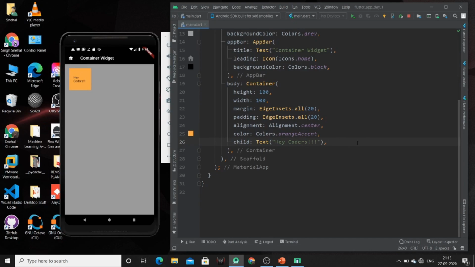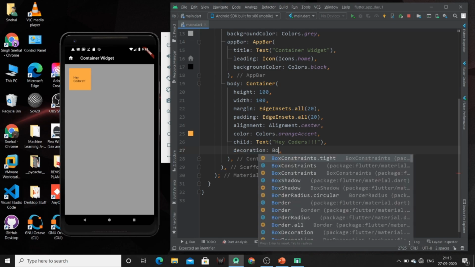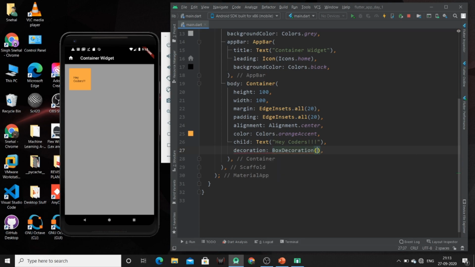Now if you want to give some decoration to your container, for that we have one property which is decoration. By using that we can give some border to our container. We can also change the radius of our corners. So for that we can use this decoration property and we can specify this BoxDecoration function.